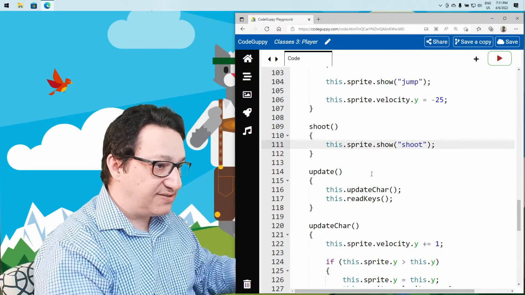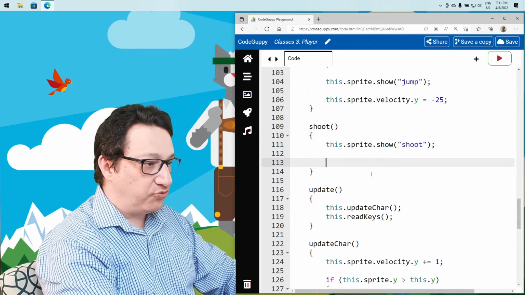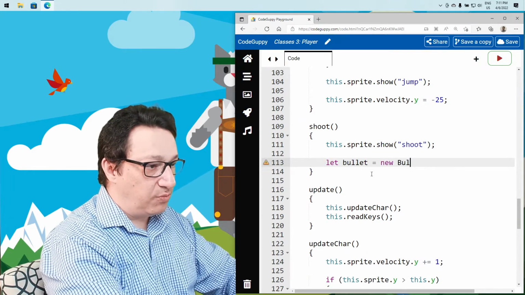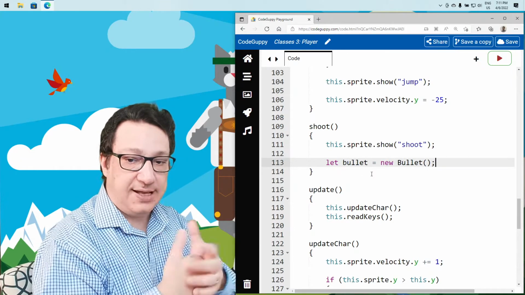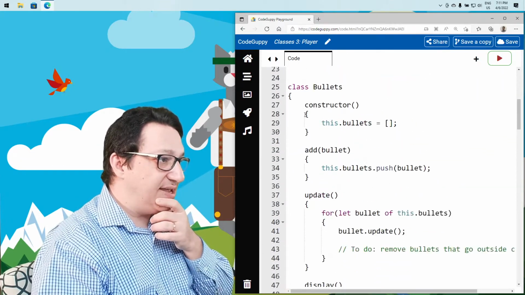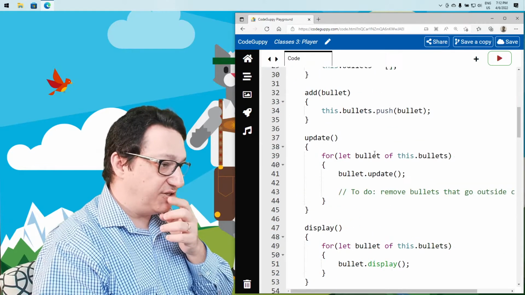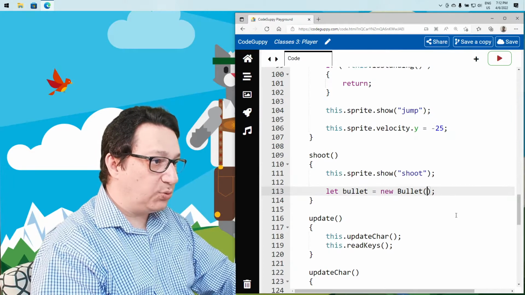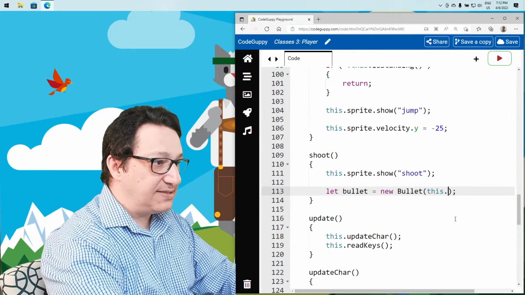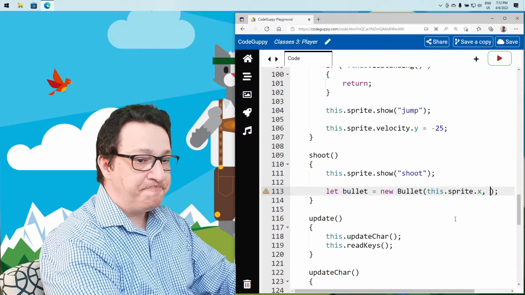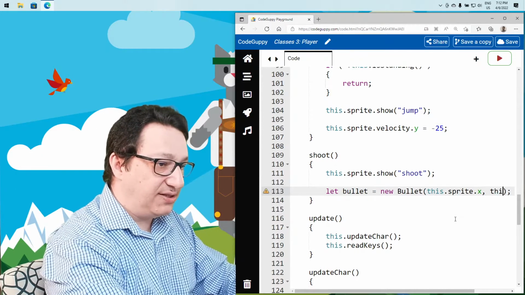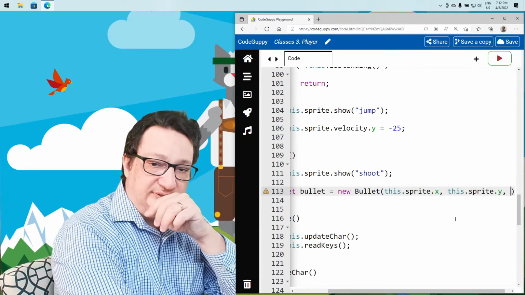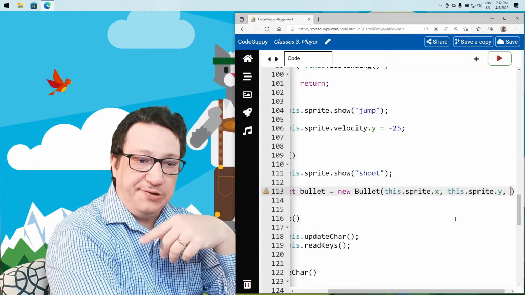So let's do that one. So we change the animation to shoot, but we also say let bullet is new Bullet. We instantiate the class Bullet, and I think this one takes an X and Y coordinate, right? And the direction. Oh, even so. So we'll instantiate a bullet at what coordinates? Can be at this.sprite.x. So the current position of the sprite, right? this.sprite.y. What will be the direction though? Because direction should be 1 or -1